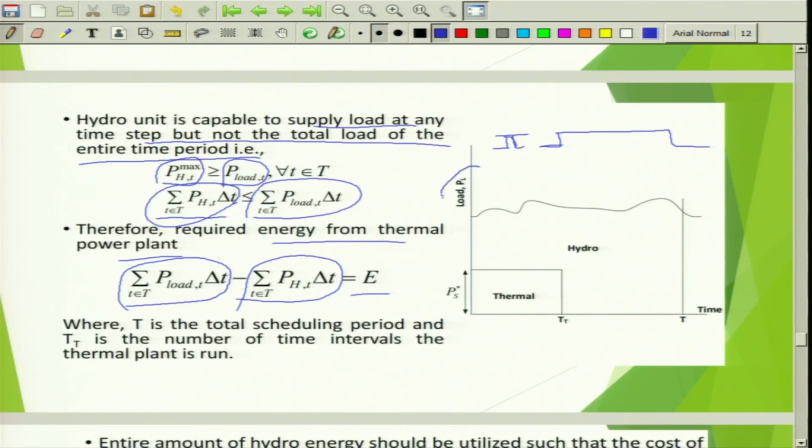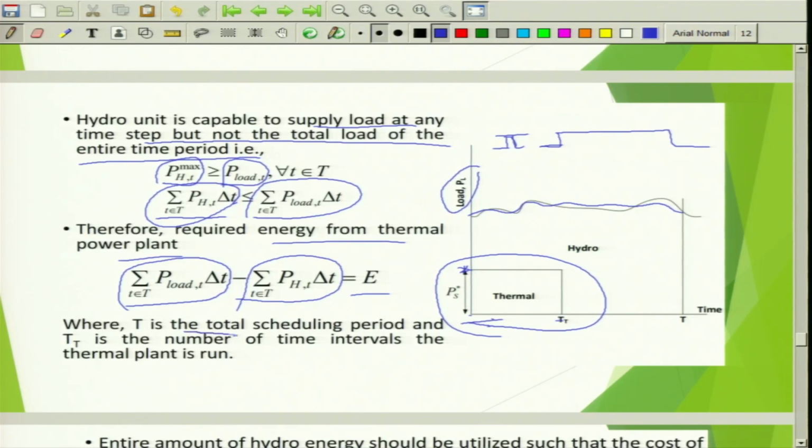So, let us say there is a load demand, and this is the entire time duration. The hydro is present for all the time duration, but thermal is operated for only a specific duration within this entire time range. For a specific time only it is operated, just to meet the excess load demand which hydro cannot meet. So in that case, what should be the maximum or optimal utilization of the thermal power plant, so that the cost of the thermal power plant can be reduced,